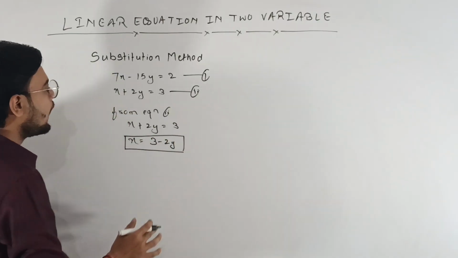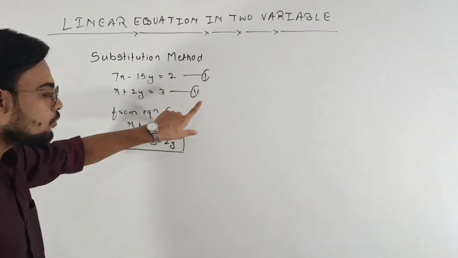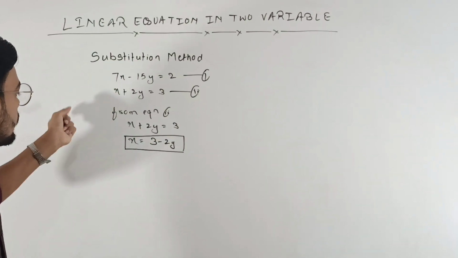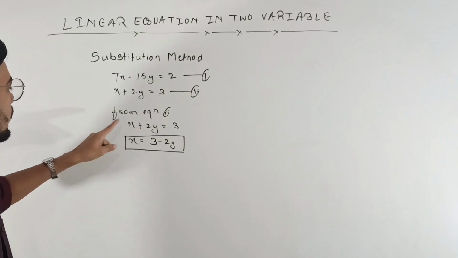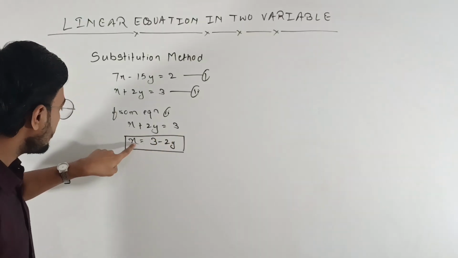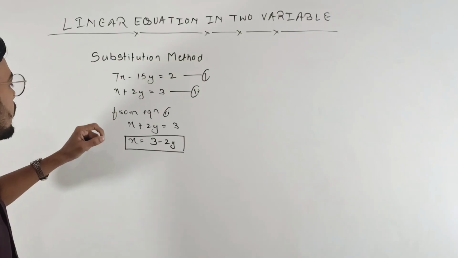Understood? First, I assume this is equation 1 and this is equation 2. Now after assuming, I pick any equation, either 1 or 2, from this set. So I pick equation number 2 and write one variable in terms of the other, which means I write x in terms of y, that is x = 3 - 2y. Now after this,